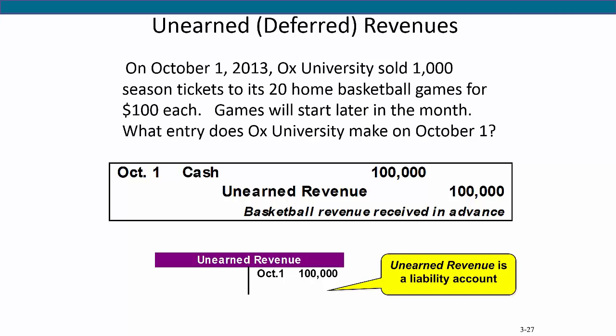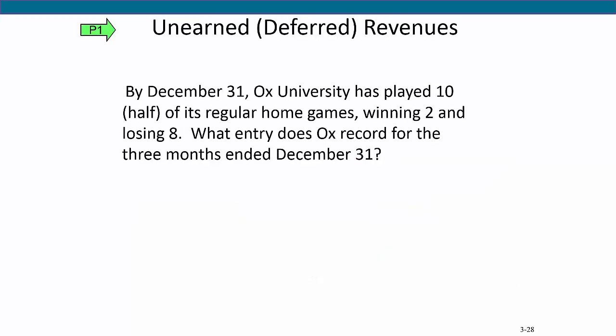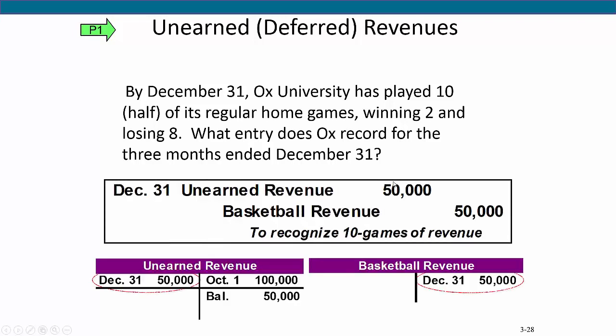Now let's look at the adjusting entry the university will make on December 31st, 2013, the end of its accounting period. As of December 31st, 2013, the university has played 10 games and compiled a record of 2 wins and 8 losses. Let's make the adjusting entry. The adjusting journal entry would be to debit or decrease the liability account unearned revenue and credit or increase the revenue account basketball revenue for